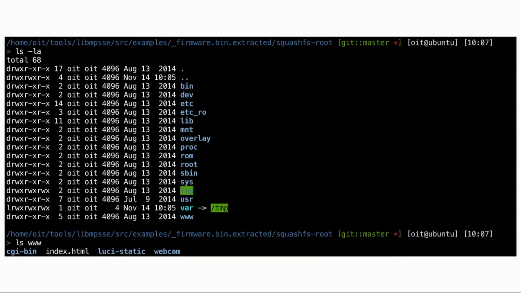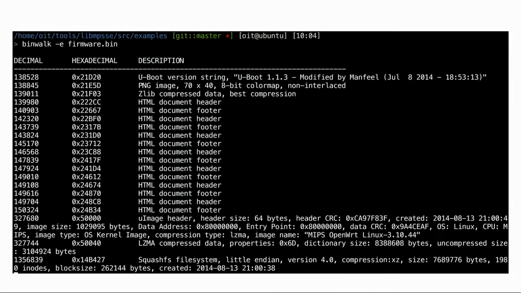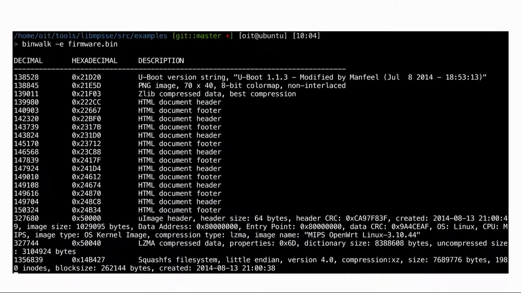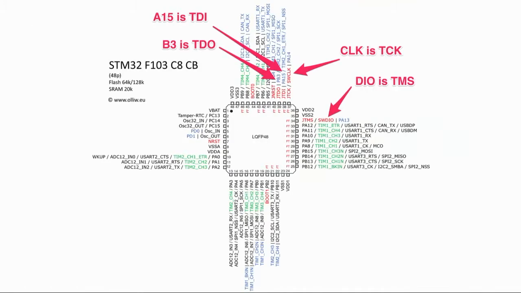So this is a really critical piece whenever you look at any IoT device, which is dumping firmware. No matter what device it is, just get an SOIC clip, which is the SOIC8 clip, attach it, and then dumping firmware is not that difficult.